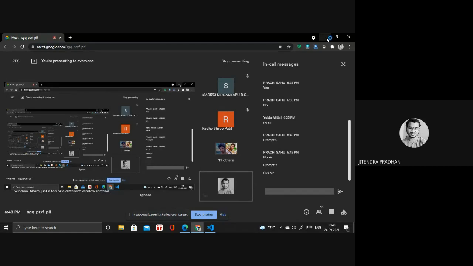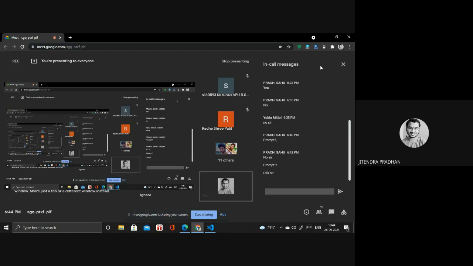The difference is that we have three kinds: alert, confirm, and prompt. The first one is alert. It has only a confirmation button, there is no cancel button, and without confirming it we cannot do anything. Next is confirm. Confirm has only a cancel button and an okay button.